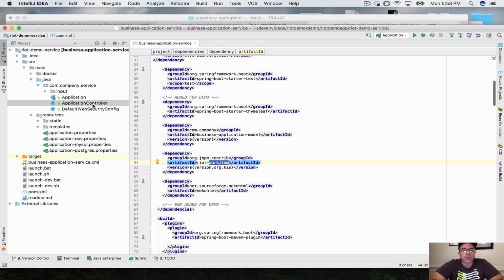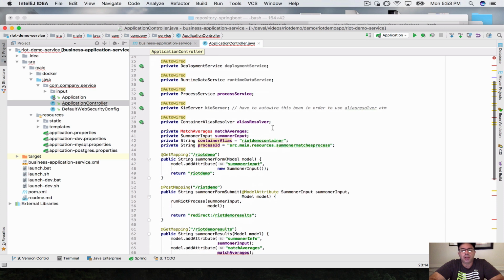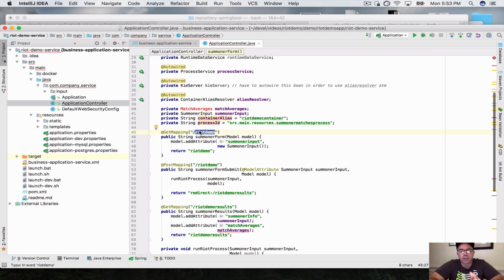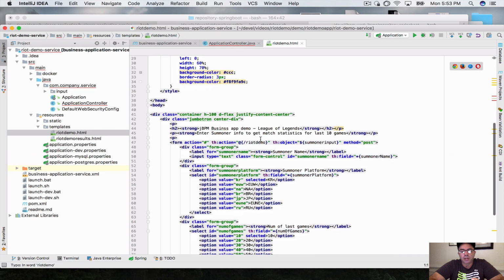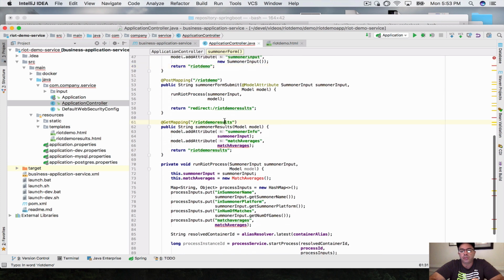The second thing we've added is a couple of mappings. The starting point for our application is going to be localhost:8080/riotdemo, and this will translate to our riotdemo HTML, and we will see this in a second. Then we have a riotdemo results page, which, once our business process is executed, we've gathered information from the Riot API and evaluated it through business rules,